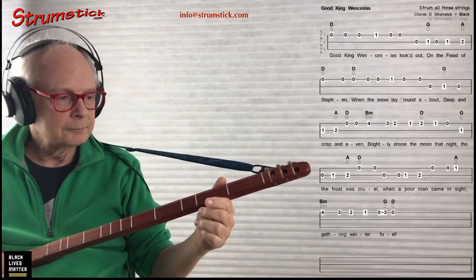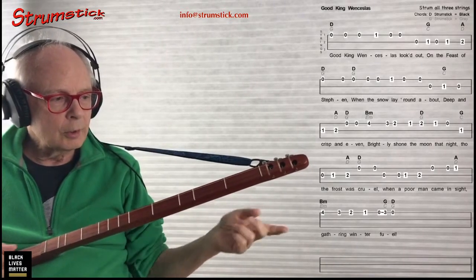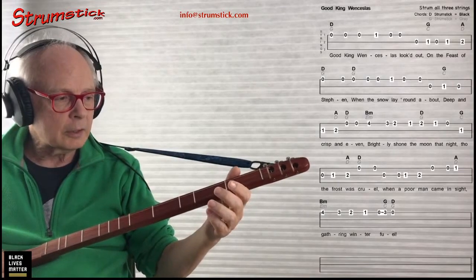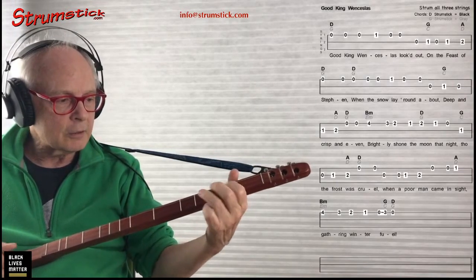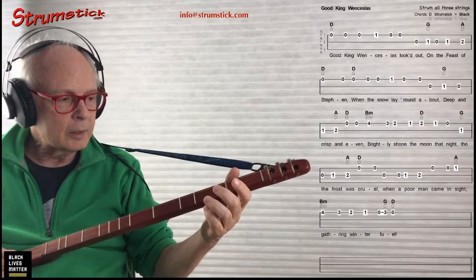1, 2, 3, 4. Good King Wenceslas looked out on the feast of Stephen when the